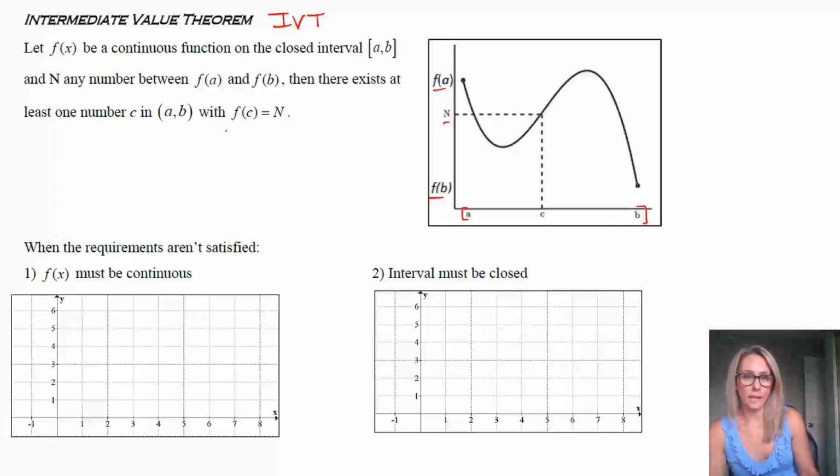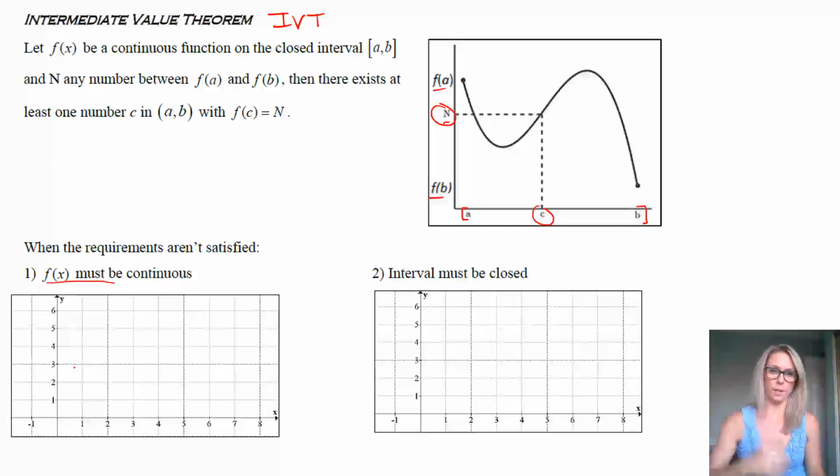So what it's telling us is, since this function is continuous from a to b, if you choose any number n, a y value, there will be an x value such that when you plug in the value, you're going to get that n, because it's continuous. So as long as there is an n between f of a and f of b, any n between those two, you're going to be able to find essentially the x that goes along with that. So big things here for the IVT, you have to have a function that is continuous. So think about something that's not continuous, picture a not continuous function.